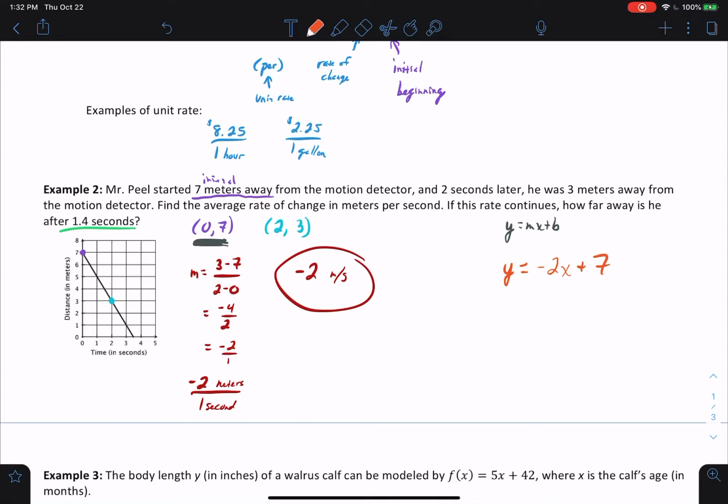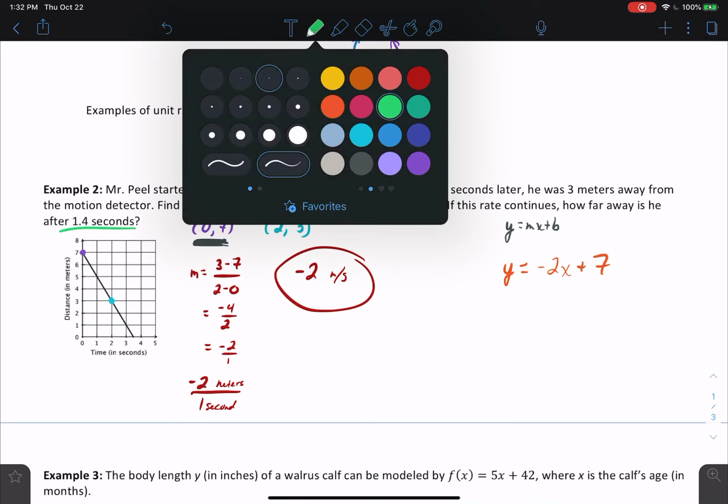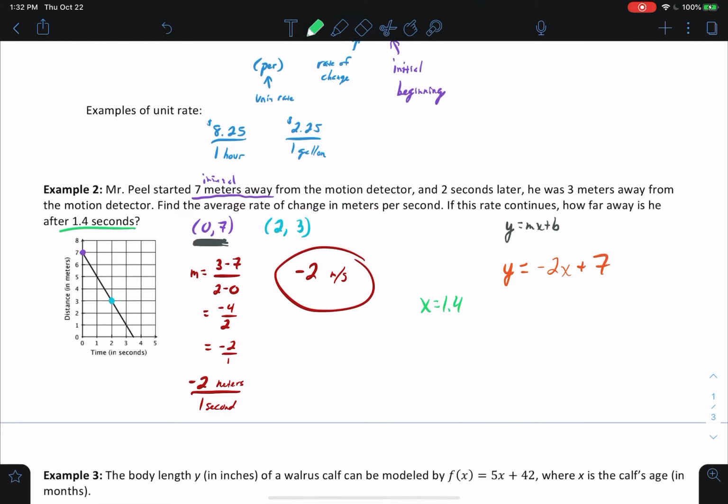Okay, so if this rate were to continue on this entire linear function, on this linear segment, how far away is he after 1.4 seconds? Well, x is going to represent 1.4. I'm going to plug in seconds, and I'm going to get out a distance away that Mr. Peel is. So y equals negative 2 times 1.4 plus 7. Use my calculator. So negative 2 times 1.4, add 7, and I'll get y equals